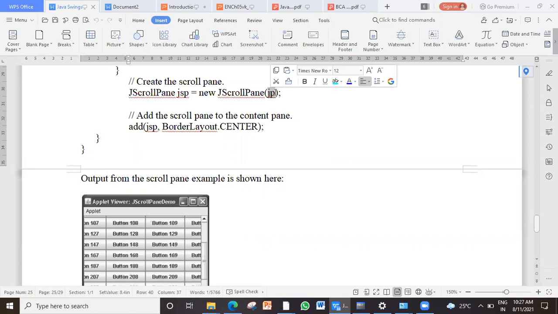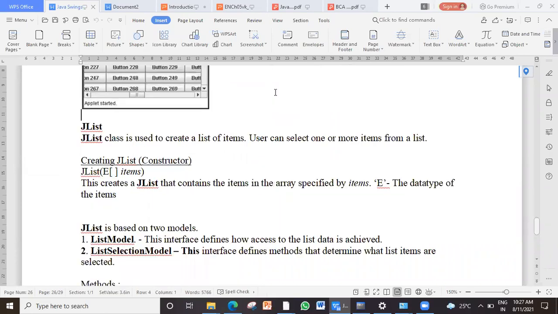So JList and combo box I have already told you what is. So how to create a JList? The JList class is used to create a list of items. The user can select one or more items from a list. Normally, by default, it will allow only one item to be selected.